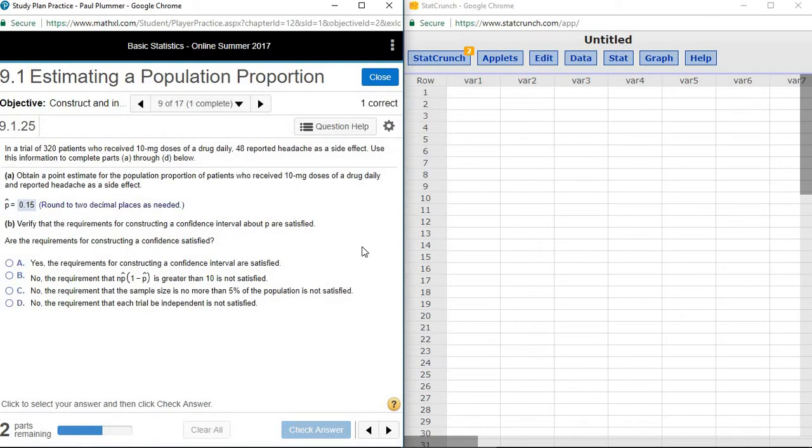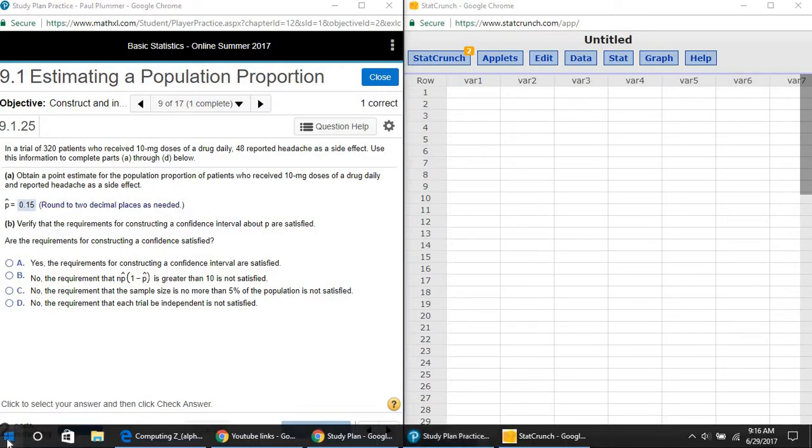Before using the package on StatCrunch, you need to make sure that the conditions for using the normal model for the sampling distribution of p hat are satisfied. Primarily, the condition you need to be concerned about is if I take n times p hat times 1 minus p hat, is that going to be greater than or equal to 10? And so if we take a calculator,